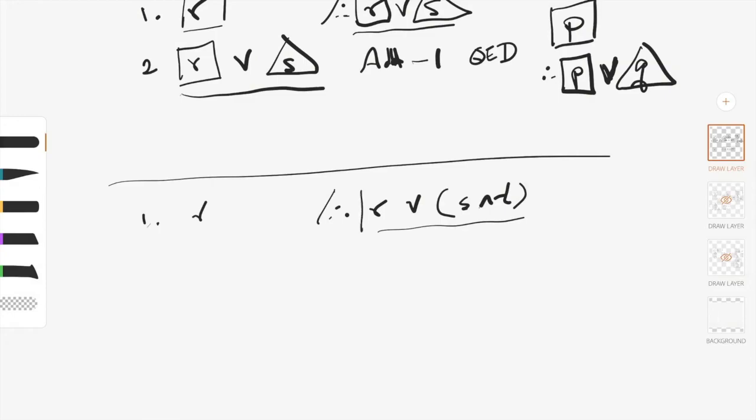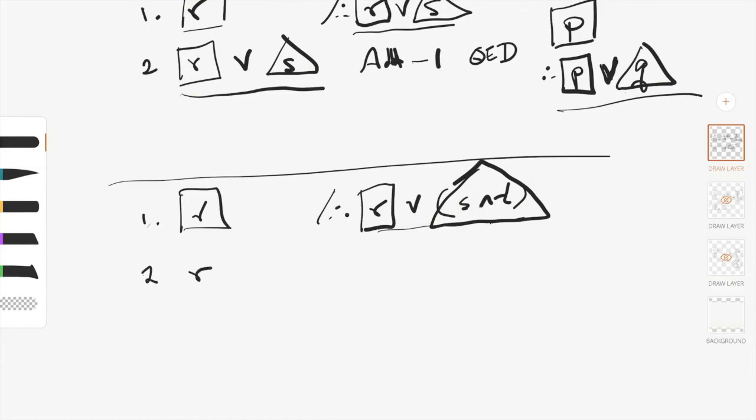Let's analyze it. The major operator splits this expression into two parts, R on one side and S and T on the other. So if you think about the fact that R is given over here, and you think about the fact that everything in this triangle is just a single thing, it's a well-formed formula that appears in the triangle, just like the schema, then what we end up with is the proof R or